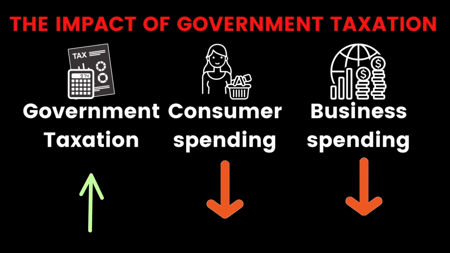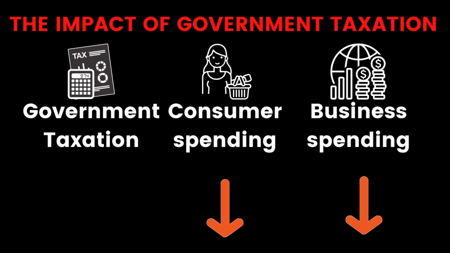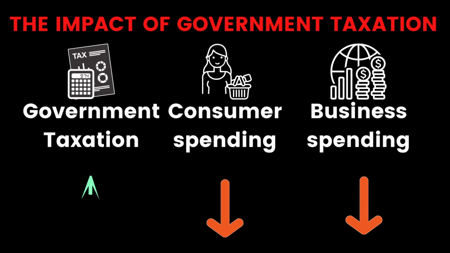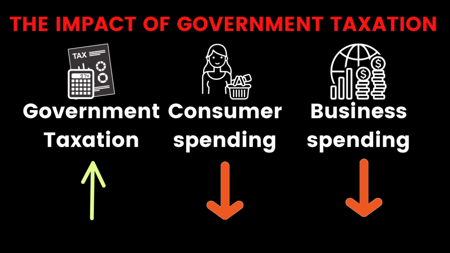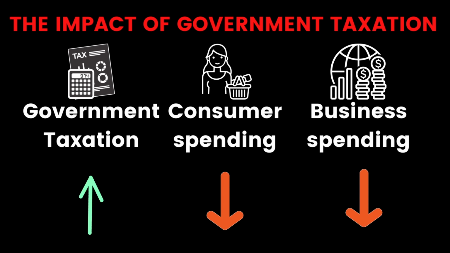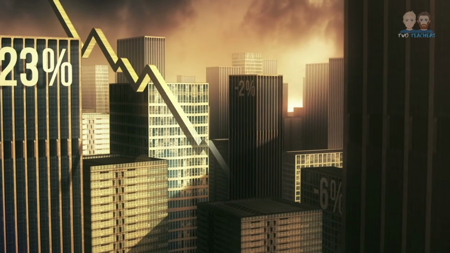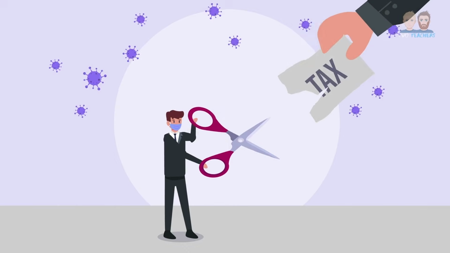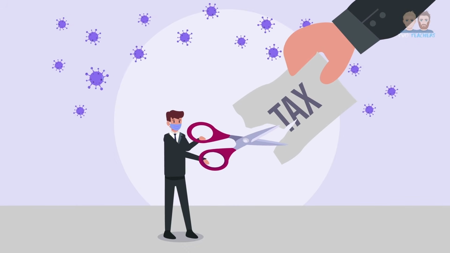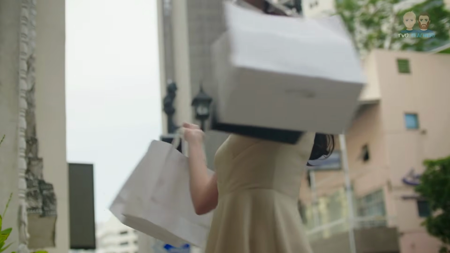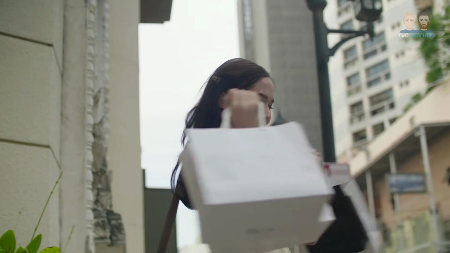Government taxation impacts businesses in a number of ways. Essentially, the higher the taxation on consumers, the lower their spending power, which results in lower sales and businesses needing to reduce their costs and potentially halt any investment plans. The government can also use taxation to boost business. For example, in the past during tough economic climates, they have lowered the VAT charged on products and services. This strategy effectively reduces the price that consumers pay, which boosts sales without impacting the profit margins of businesses.